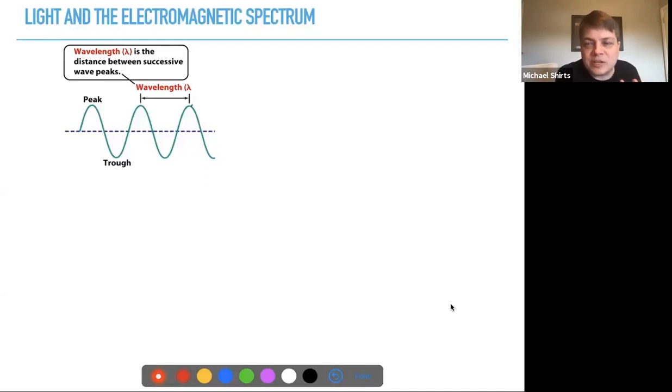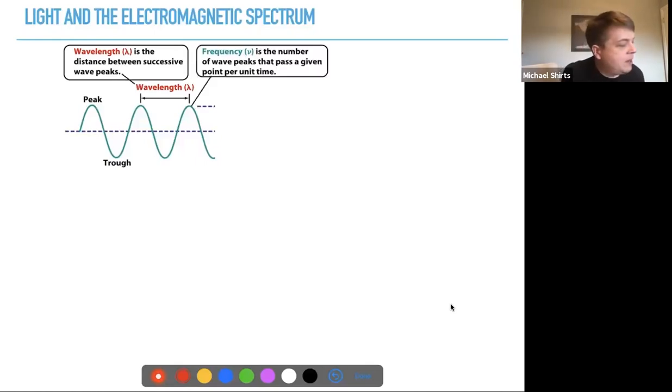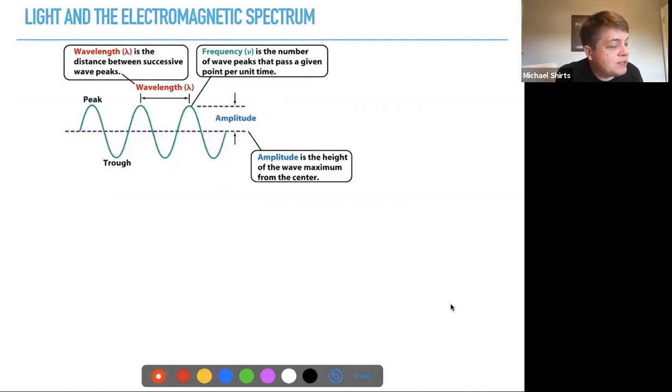If you take a snapshot of it in time and you say, if I have these peaks, how long a distance is it between the peaks? And that's the wavelength, which makes sense. It's the length of the wave. The frequency is the number of wave peaks that pass a given point per unit time. So if you have a wave moving over time and you have a stopwatch, you start it and you count how many peaks occur in a given amount of time, and that is the frequency that the wave peaks pass by. And the frequency and wavelength are